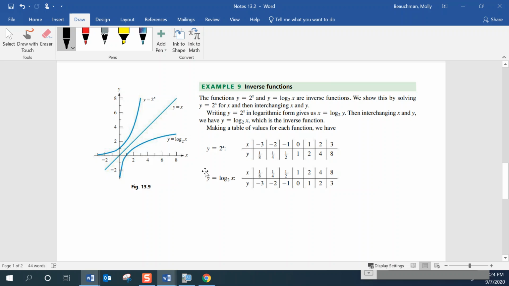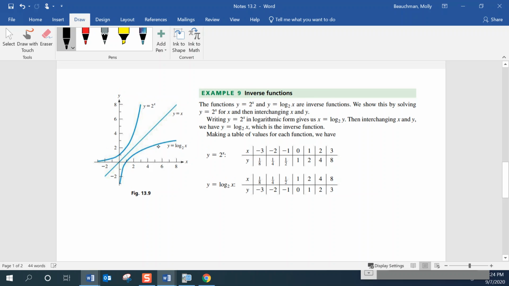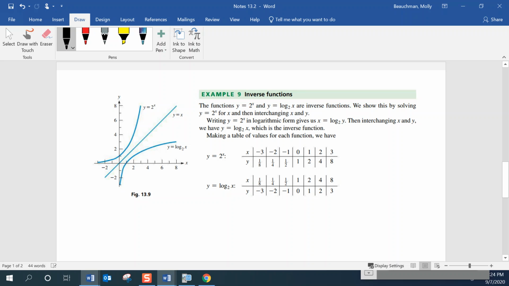This is the relationship that they have. They're called inverses of each other. And that means the domains switch, the x and y coordinates switch, the domain and range of one are the range and domain of the other. So that's what the graphs look like. Sorry, my pen started to not